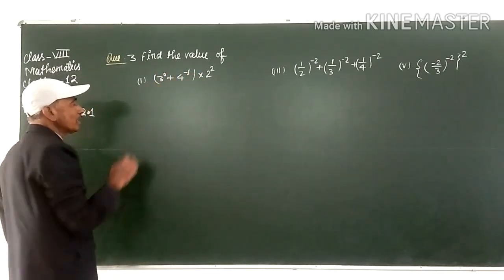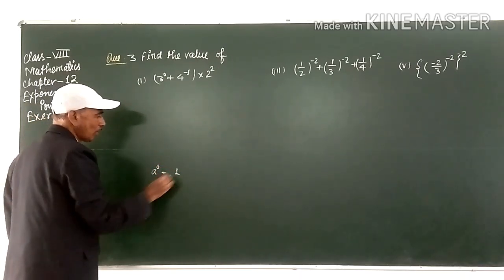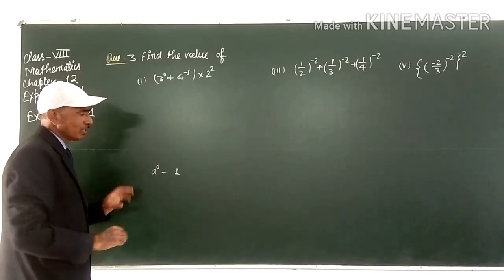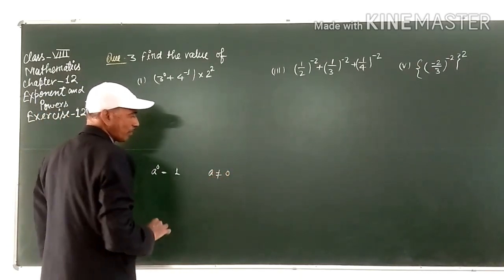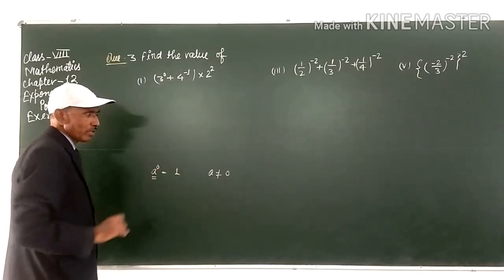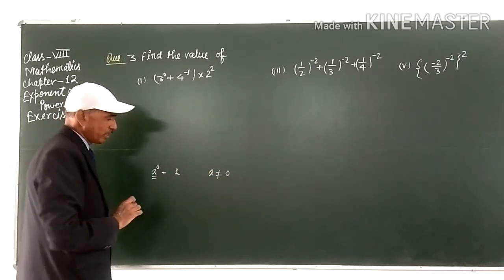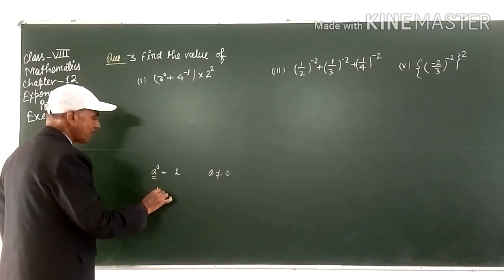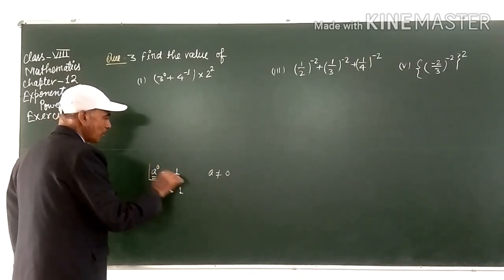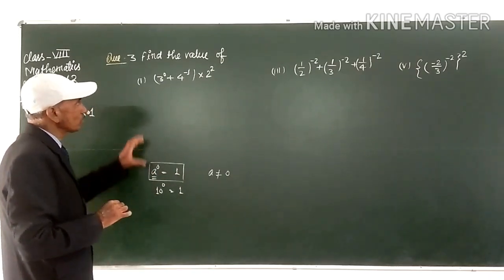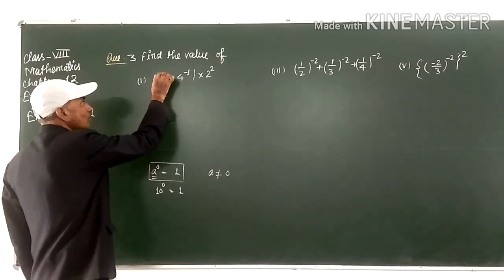So first one, a raised to the power 0, it means 1. Any number has a power 0, but condition is a should not be 0. Base should not be 0 here. That is compulsory, that is a must not be 0 here, students. So if a number, that is 10 to the power 0, it means 1. This is rule, students. So using this rule we have to write this one, 3 to the power 0, it means 1,